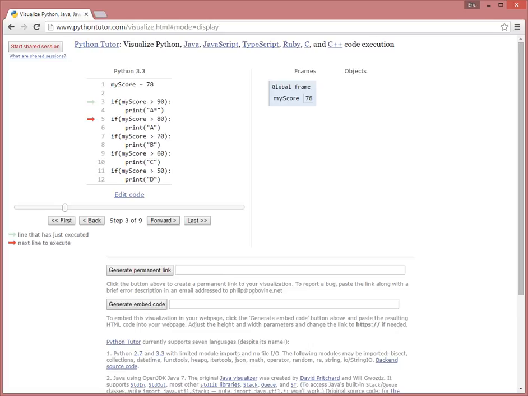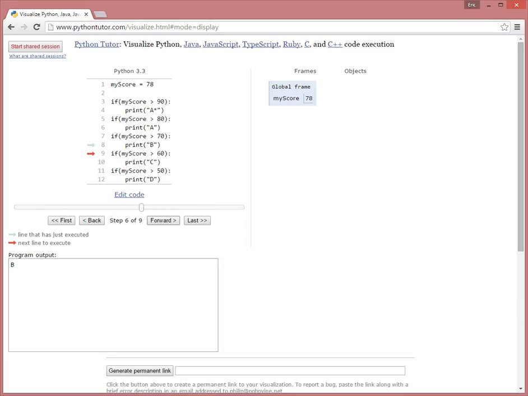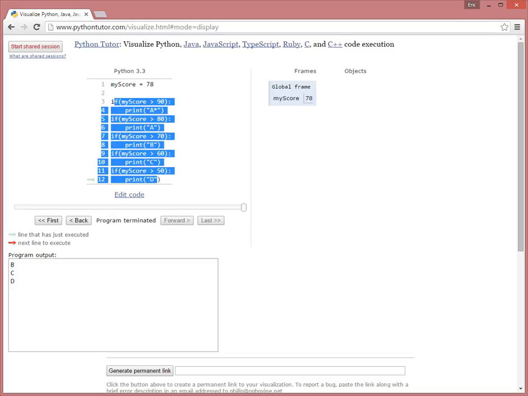Is 78 greater than 80? No, so it skips it. Is 78 greater than 70? Yes, so it prints B. Is 78 greater than 60? Yes, and prints C. Is 78 greater than 50? Yes, and prints D. So what has happened is that the code has gone through actually all of these things